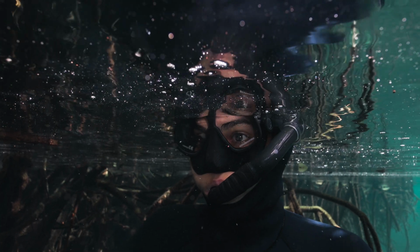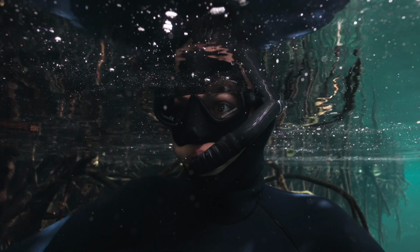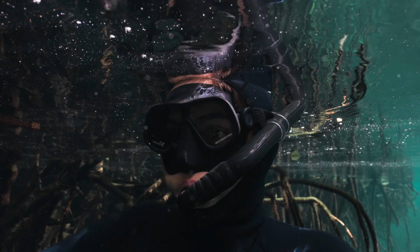Your mask, definitely, because it's the thing that touches your face. So you want a decent mask that's going to last a long time, because your mask can be the one piece of equipment that follows you through your entire dive career. You want to make sure you get the right one that fits you comfortably, and doesn't irritate you or make you come out looking like a panda because you got that red mark all around your face. So your mask, the snorkel to pair with it, and probably a pair of fins,